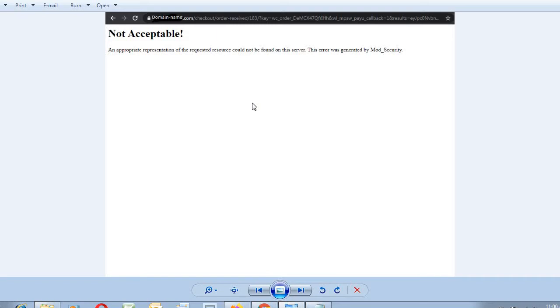But when the customer checks out and the payment is complete, the website returns to this page. The page will look like this: not acceptable. An appropriate representation of the requested resource could not be found on the server. This error was generated by mod security. But mod security is generating the error because of maintaining the security.